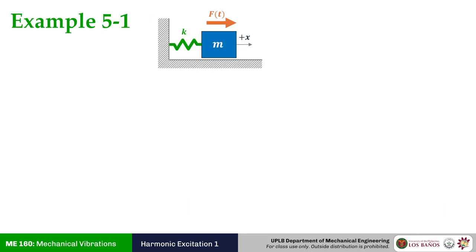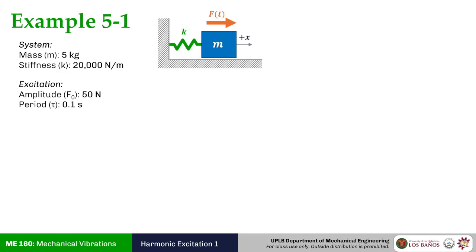So let's jump into an example. This example is in your module. It is example 5-1. It's on page 3 of your module. So I'm going to read out the example from here. We have a mass spring system of mass 5 kilograms and a spring rate of 20 kilonewton per meter, and it is excited by a completely reversing force of 50 newtons, completing a sinusoidal cycle every 0.1